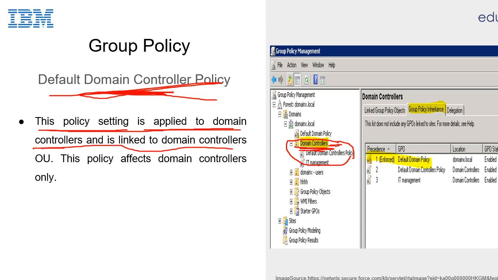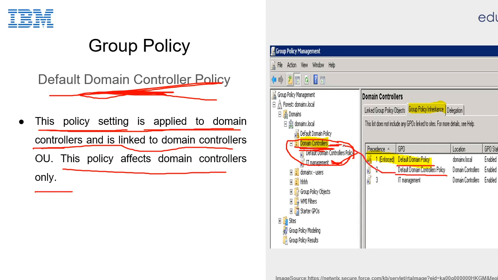So here the organization unit is IT department, as well as domain controllers. This policy affects domain controllers only. So you can see here default domain policy and default domain controller policy.